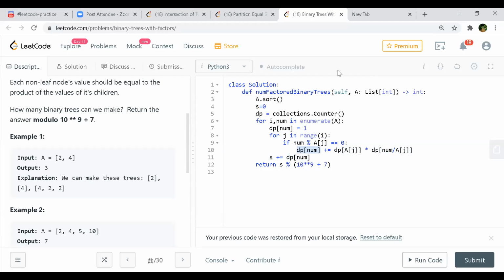Shashank, one thing I think we can avoid sorting by doing some modifications. Like in line number 8, if we run this loop for the entire array and we hash all the elements, then I don't think we need sorting.